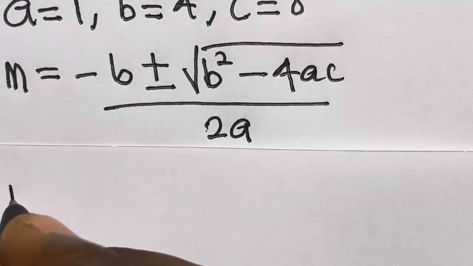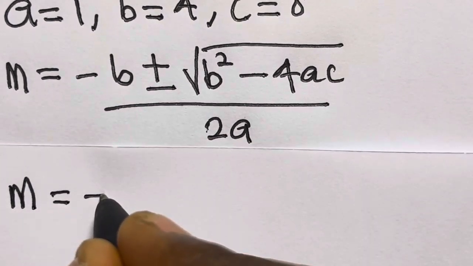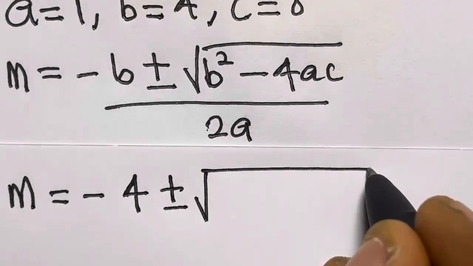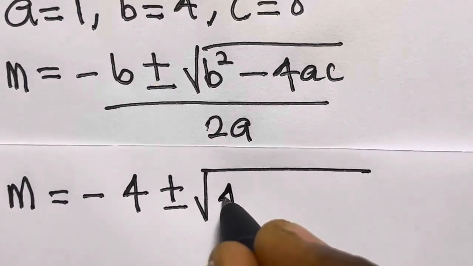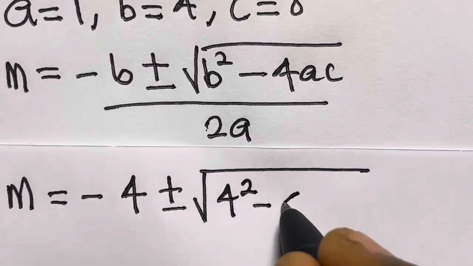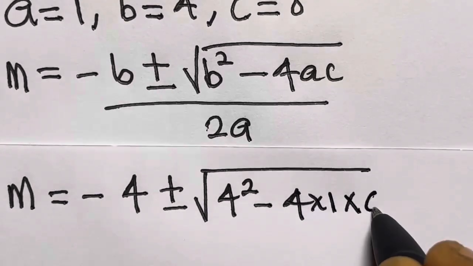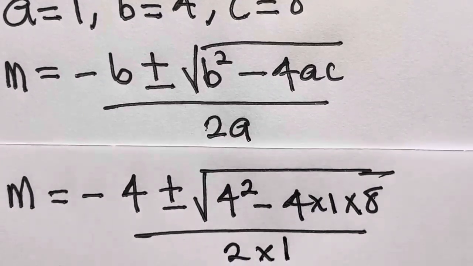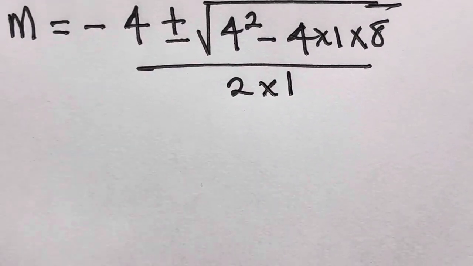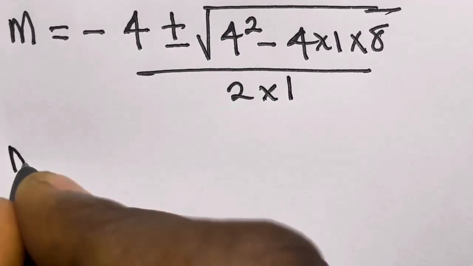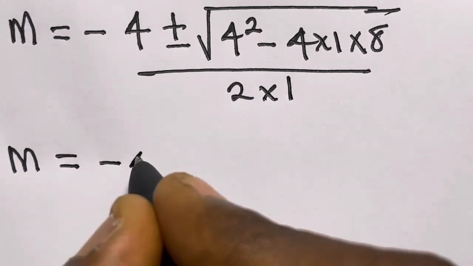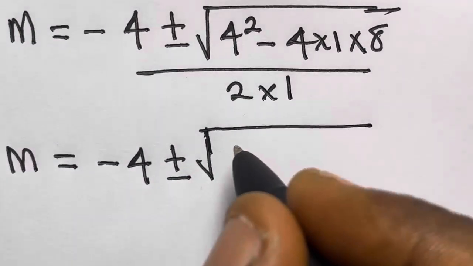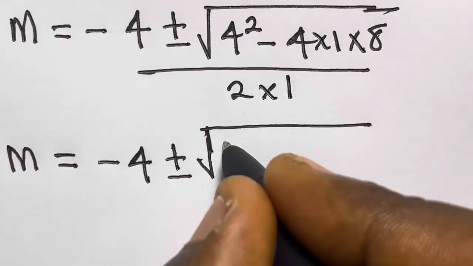Now we'll have m equals minus, what's our b? Minus 4 plus or minus square root of b squared, that is 4 squared, minus 4 times 1 times 8, divided by 2 times 1, right? So now we have m equals minus 4 plus or minus square root of 4 squared, which will give us 16,